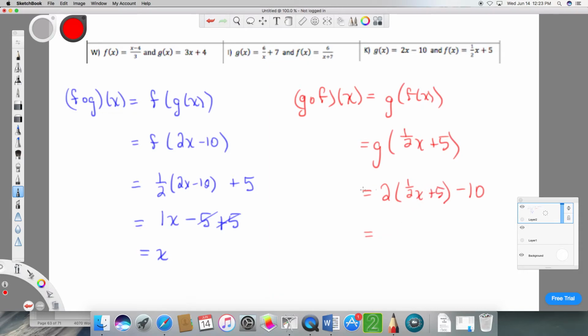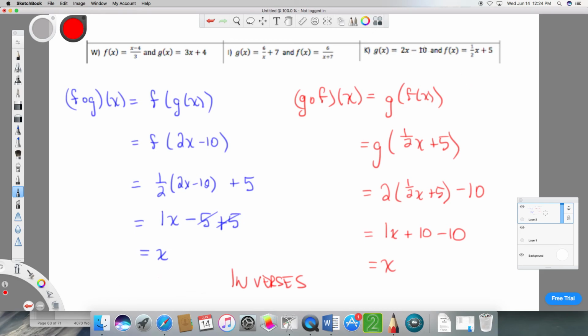So we distribute this 2 to both terms. That multiplication distributes over addition. 2 times this first term, 2 and 1/2 are reciprocals, so they multiply together to be 1. And 2 times 5 is 10, and then we have this minus 10. So this does reduce to x, and we make the conclusion that these are inverses of each other,